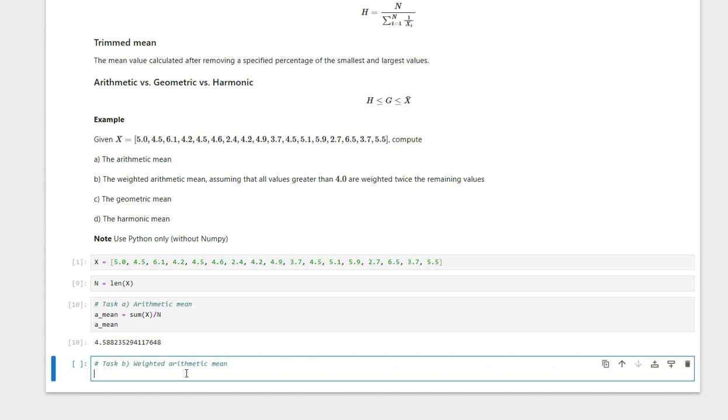And we are assuming that all values greater than 4 will be weighted twice than the other remaining values in the data. So let's create a list of weights, sorry, not the matrix, just the list of weights. So we have a lambda function here. So lambda, we'll assign it to 2 if x is greater than 4, else it should be 1, and the input is